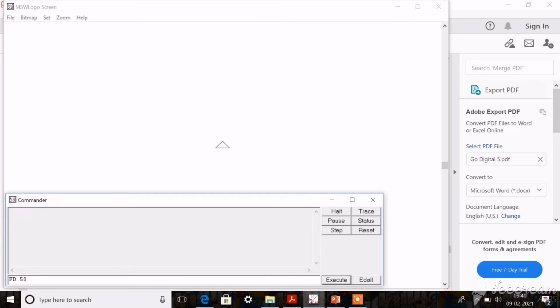Okay, first you should type fd50 and press enter. Can you see? Your turtle is lifted up, isn't it? Then the next command is pu. Give enter. Okay, now your turtle is lifted up, but that will not be visible until the next command is given. So the next command I am going to give again